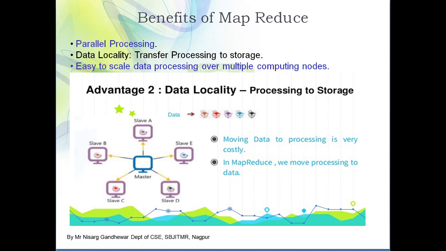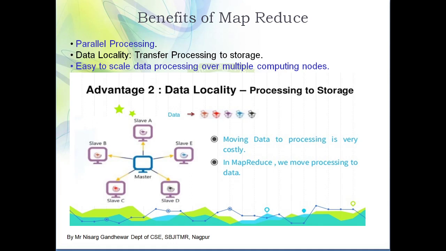That means transfer the processing, means what? We are going to transfer the logic for processing that particular data to the multiple nodes. That means we are not shifting our data from slave node to master node. Instead of this, we are transferring the processing logic to that respective slave node, so that the slave node can make use of this processing logic and process the data.